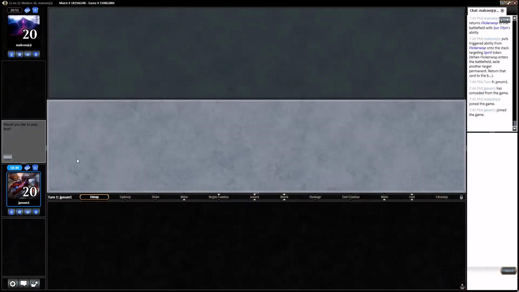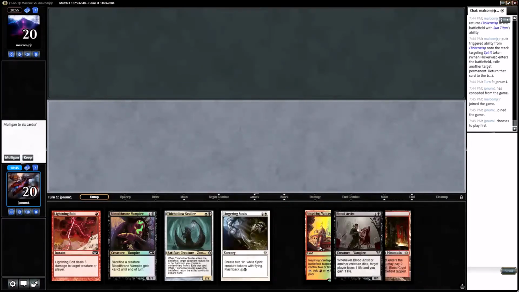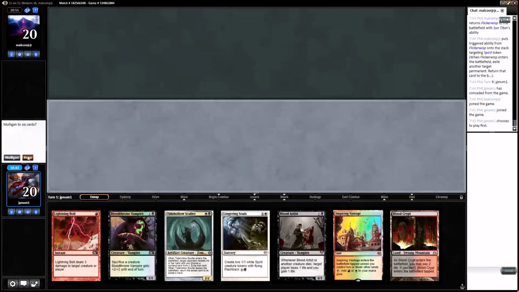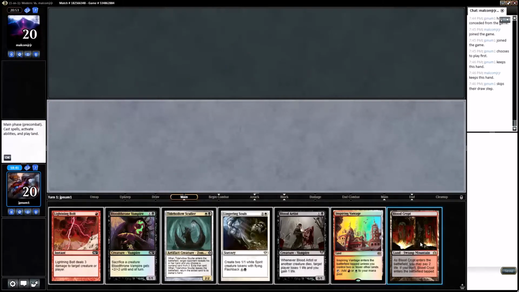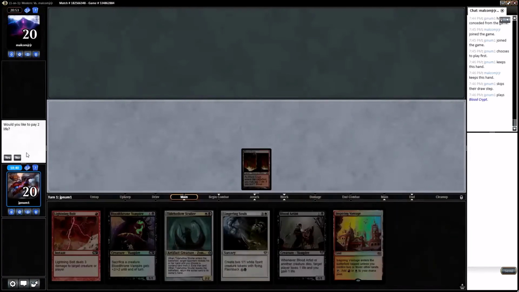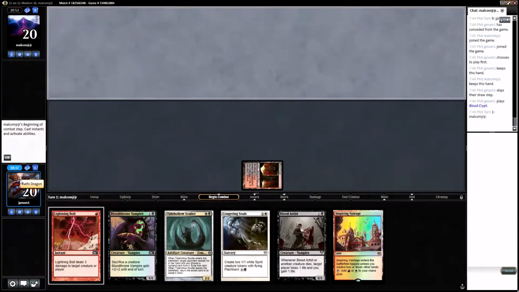I would like to play first. Yeah, we'll try it. This hand's not spectacular, but it's not bad. Play Blood Crypt tapped. Pass turn. Really was hoping to get a little bit more disruption, but we have a...